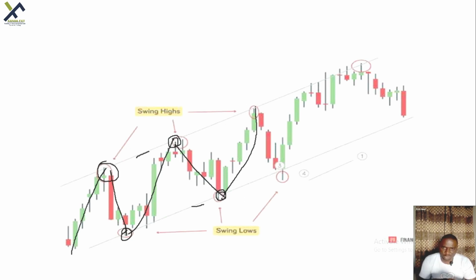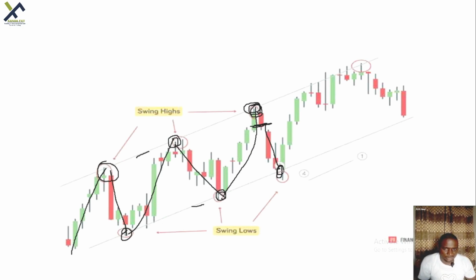Now, what traders do, they wait for it. Knowing fully well that it has been rejected here, they know that the next thing is to go down. They enter their sell trade here and take their profit here. Once the market hits the support line again, they close the sell order and initiate their buy, because they know that the price, once it hits the support level, will be rejected, and the next thing is retracing back in the opposite direction.